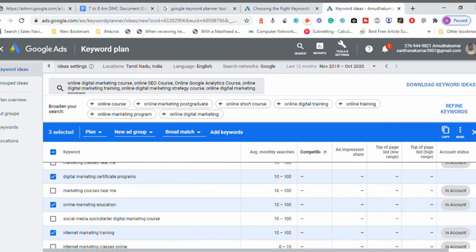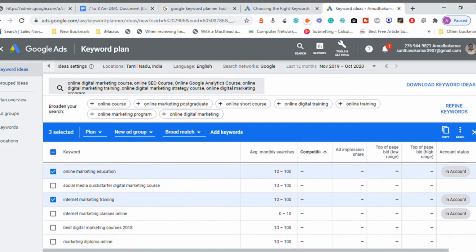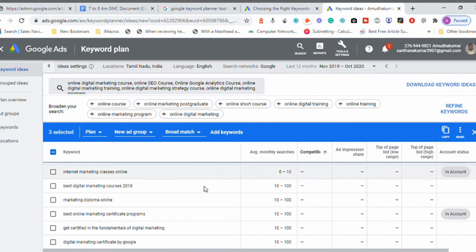So if I have a very low budget, I will do research. I will check which keywords have low competition but are related to my business. Internet marketing classes online: low competition, no competition at all. But still I can run the business. Best online marketing certificate programs I can try. Fundamentals of digital marketing certificate by Google.